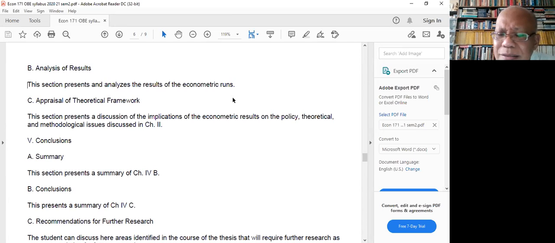Meron namang ilang readers, they just want to see the final results. Okay? Yung mga kwento ninyo, mga how you went through all those runs, you can just place it in appendix. So I suggest that's what you do. Okay? Yung mga mahaba-habang kwento yan, you place it in the appendix so that your thesis can stick to the